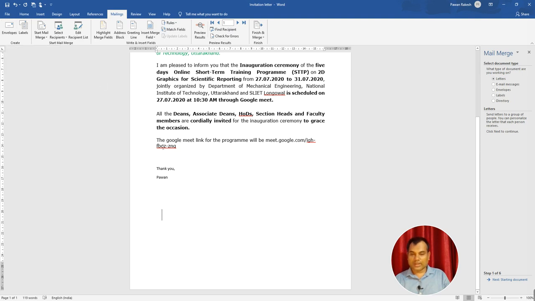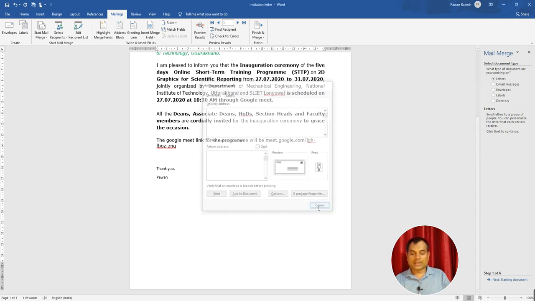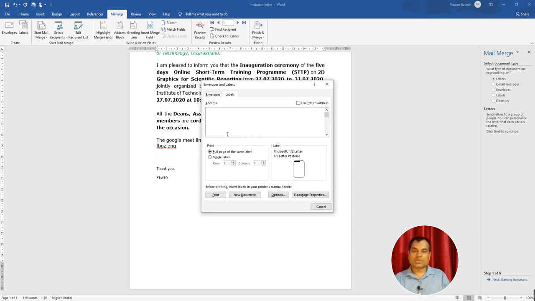If you want to create the envelope, you can select the envelope option, choose the envelope size and label, and use the address bar to insert the address in the envelope. I'll cancel this. The other option is the label. You can create labels also.